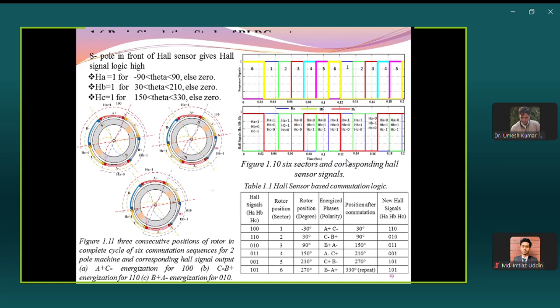So we have the Hall sensors placed, and according to these Hall sensor positions,